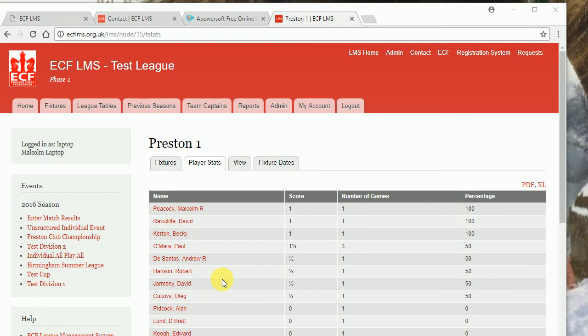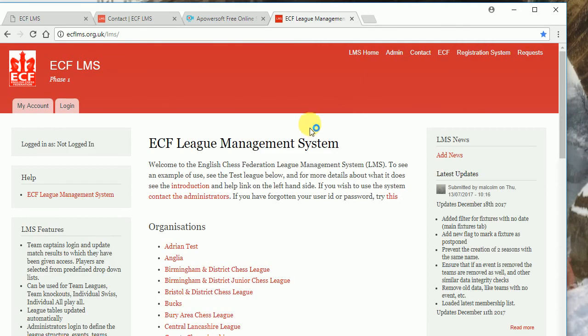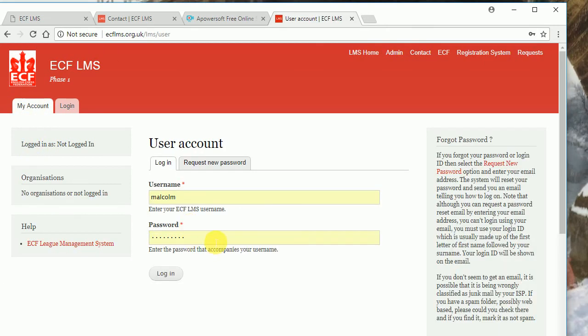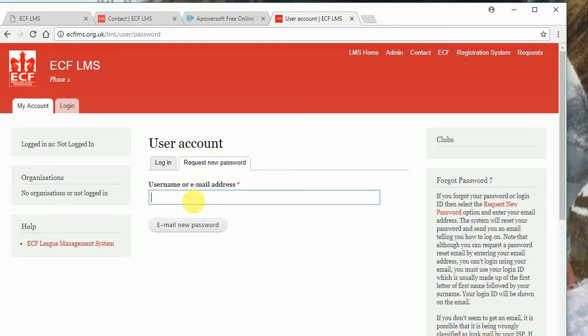And the last thing I'm going to show you, which confuses some people, is what to do if you either didn't get the welcome email, perhaps because it's gone to a junk mail folder, or because you've forgotten your password. So you can click on My Account, request new password and enter email address, and then click on email new password